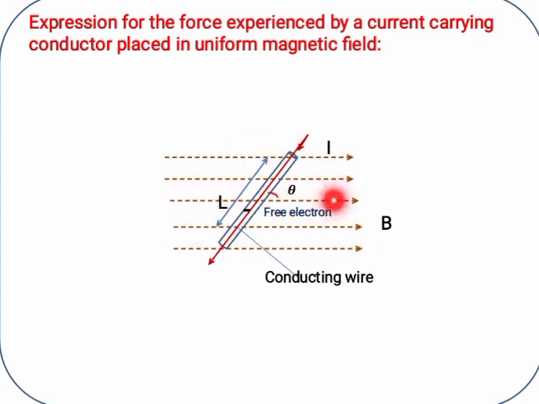Consider a uniform magnetic field. These parallel lines show that the magnetic field is present here, and this is a conductor, where the conductor length we don't know, we denote by L. Okay, and the current is passing from upward to downward, the current is flowing like this. Okay, and consider a free electron. We are considering any one free electron from this conductor. It doesn't mean that only one electron is present, many are there, but we are going to consider one free electron for reference.